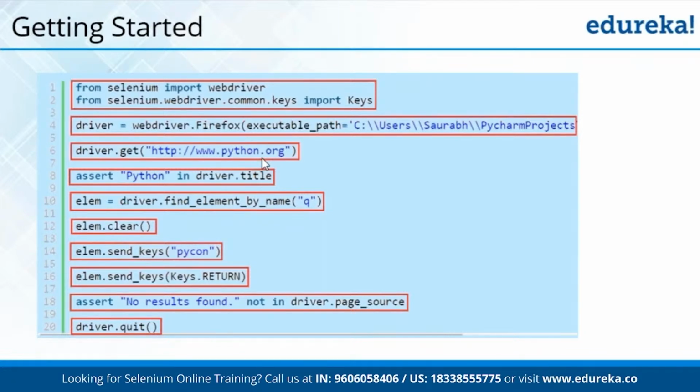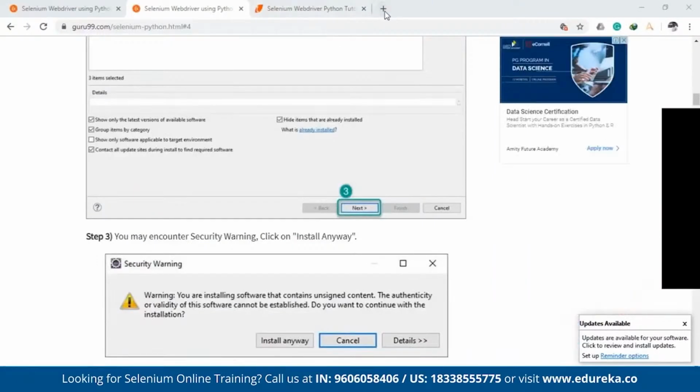Apart from that, you can see the next line is validating whether the title of the page is Python or not. If it is not, it will throw an error, as true or false. assert "Python" in driver.title. The driver.title command helps you to get the title of that page. Now, what is the title of the page? Which is the title that is considered? Now, if you look at